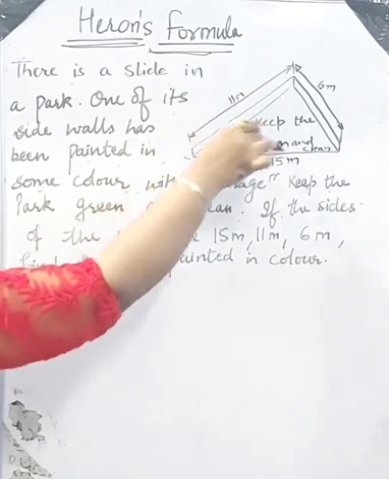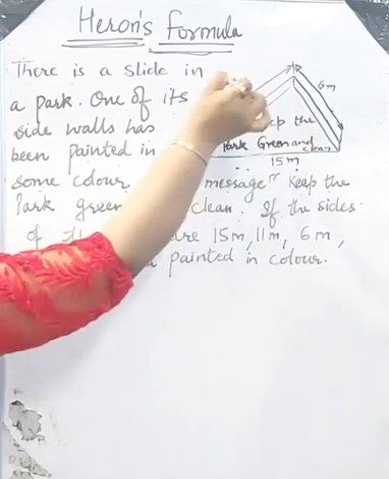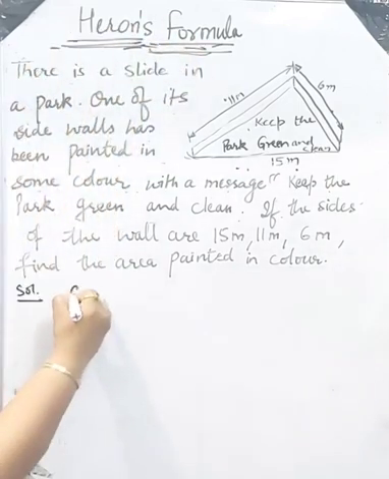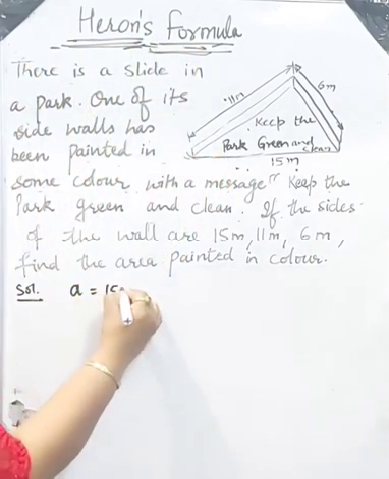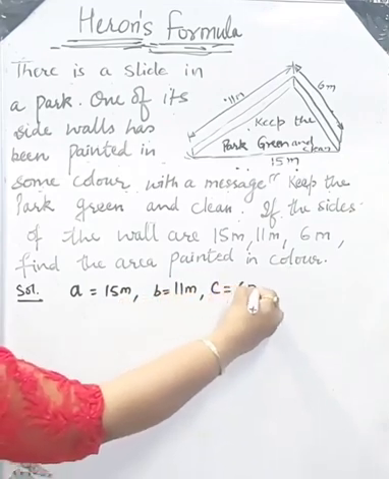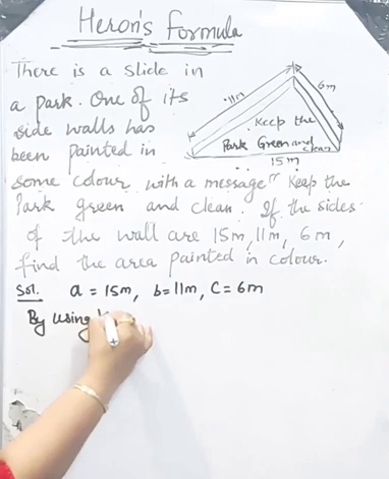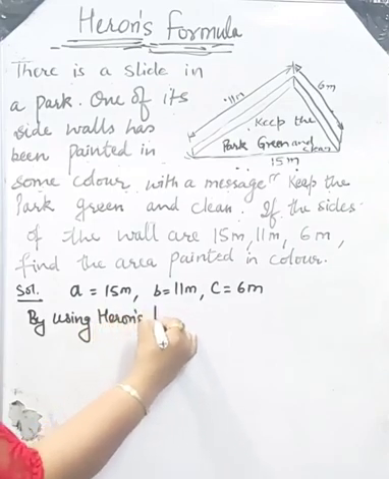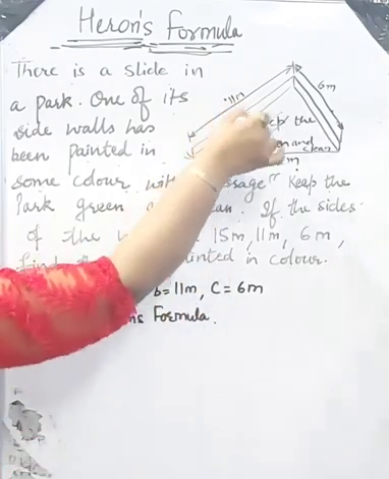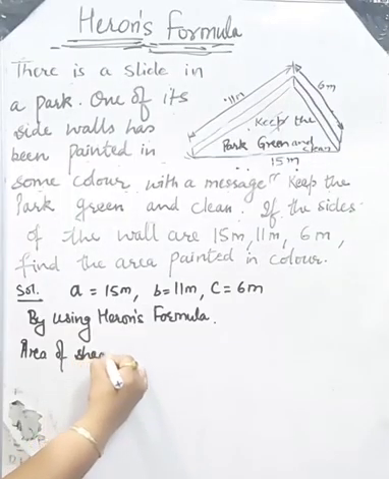Here the shaded wall is triangular in shape, and we know that if the lengths of three sides of a triangle are given, then we will use Heron's formula. Here a equals 15 meter, b equals 11 meter and c equals 6 meter, it is given. By using Heron's formula, we will find the area of this shaded wall. Now the area of the colored wall or shaded wall equals